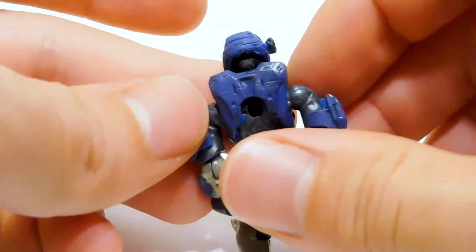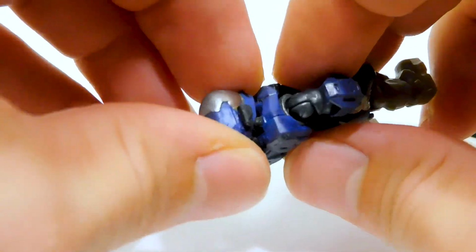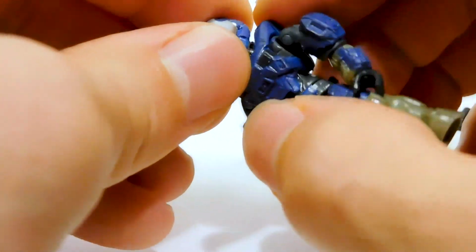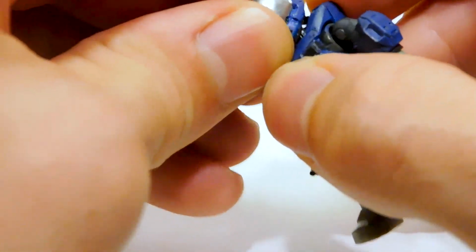But this actually has a head underneath. Now, I just got it to come off. Can I do it again? What? The neck just keeps wanting to pop off. I might have to do it off camera because...